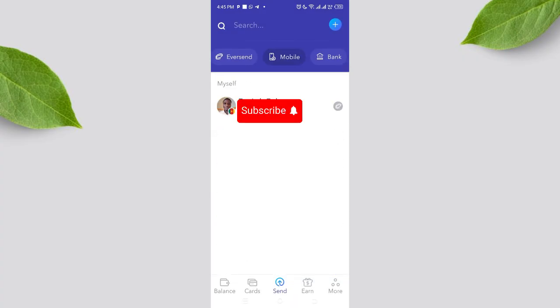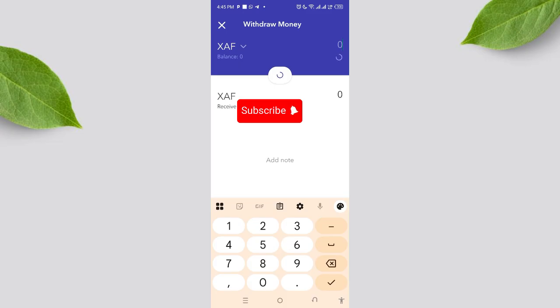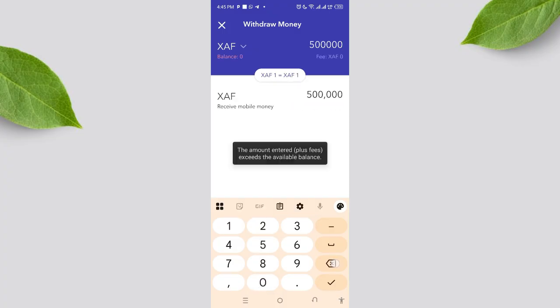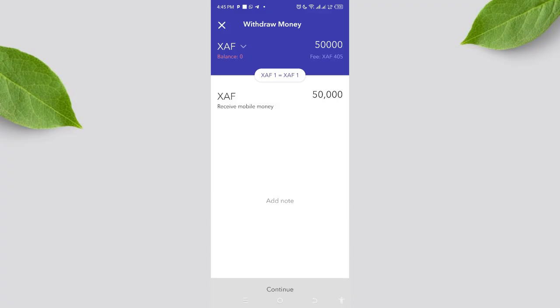So here on mobile, you can see number already added, and the name, which is mine. You simply click on it. You can see withdraw money, and if that money was sent here, you simply do what? You simply enter the amount here. Say 50,000 CFA francs, and once you do that, it's going to highlight this continue button,